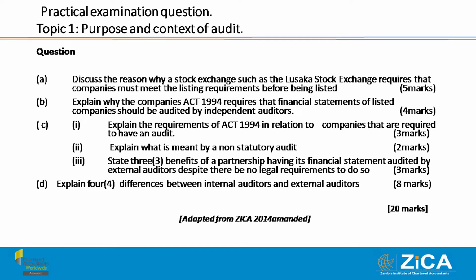And at some point, you must be able to draw the examiner to the opposite of what you're trying to discuss, meaning that you can talk about the for, and then you bring out the differences. A discussion is not a one-sided kind of explanation. And then part B, explaining why, meaning that there's a reason that is needed. An explanation always requires a reason.